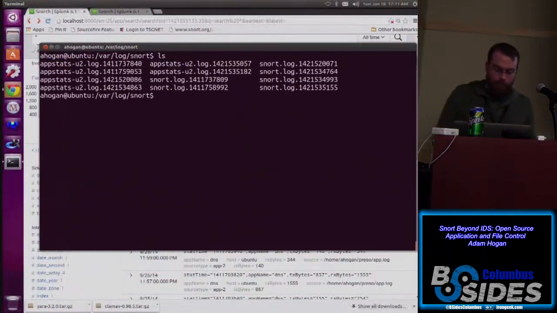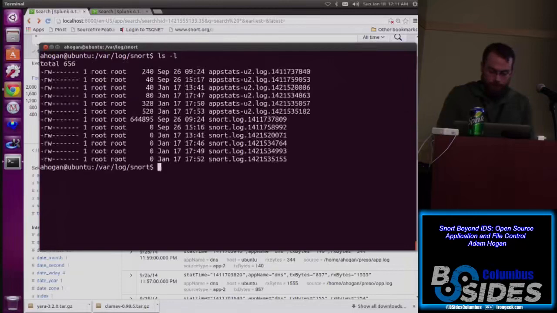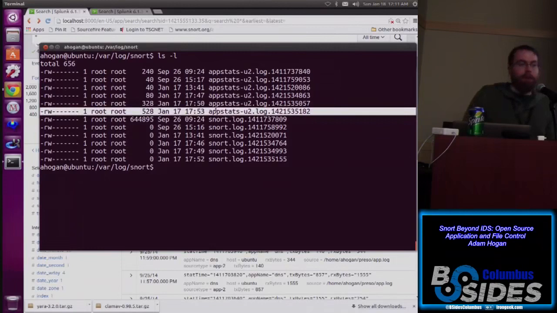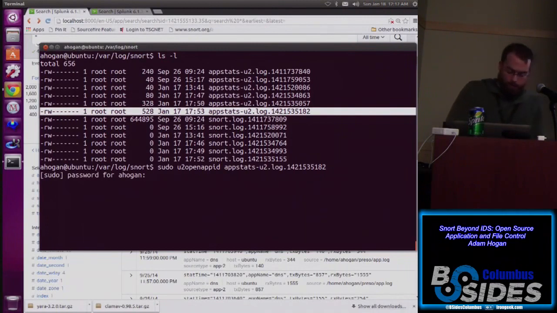If you look into your Snort logs, you'll see that you get a traditional snort.log, which is your IDS events that are firing. And then here I've got my app stats unified file as well. So that is the actual application statistics we're seeing: what applications are identified, how much traffic we are seeing. If I want to pick that out, again, I've got a script that comes with Snort. It's in the tools directory when you download the source, this u2openappid. And if I fire that off on our log,